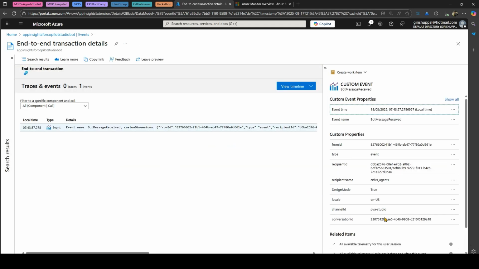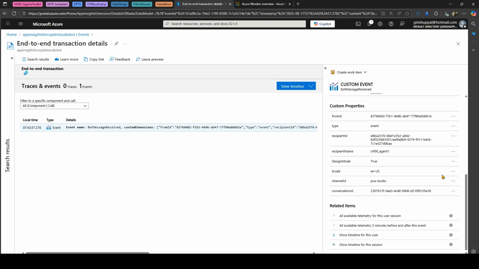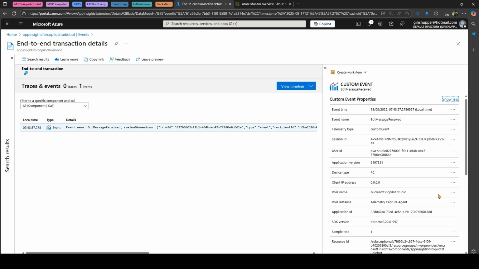So if I click on bot message received, here you can see some custom event properties. You can go inside a specific event, you can view the timeline. So let me go to show all, and here you can see all the details which have happened during that